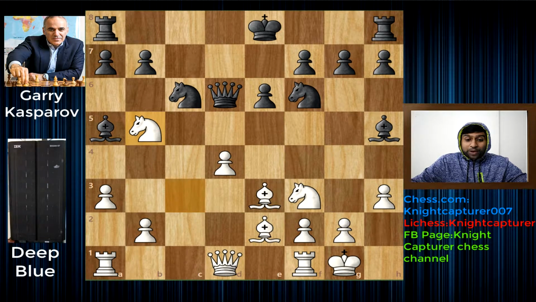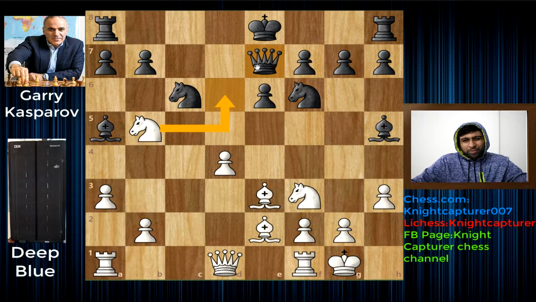We have queen to E7, retreating with the queen, since the queen was also attacked. And now it's always better to keep the queen away, because it's usually a piece that gets attacked more if it's in the center of the board, usually in the first few moves. We have knight to